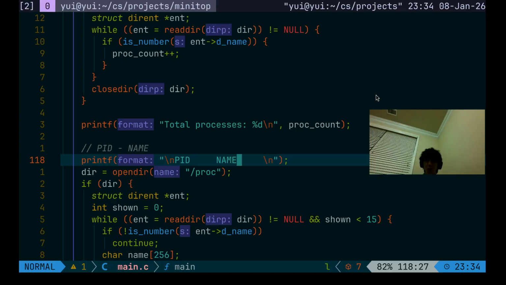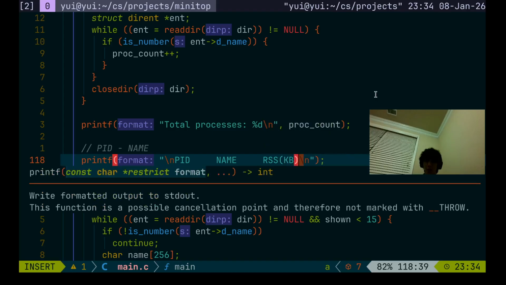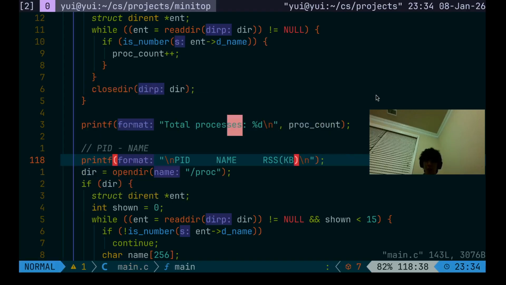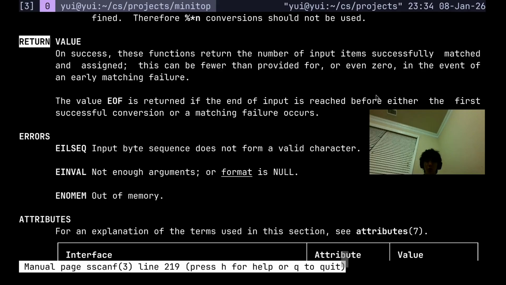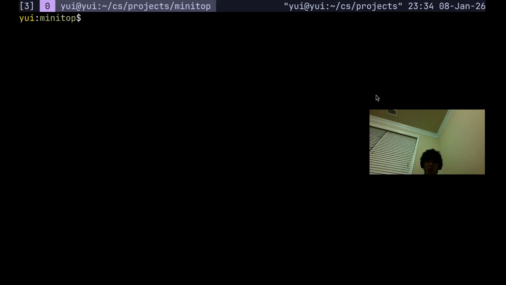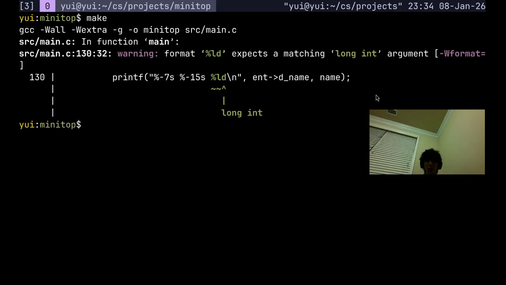Wait. 1, 2, 3, 4, 5. This, I'm going to write it here, RSS with kilobytes. And let's save what we changed. Now let's run again. Make, oops. It's a long digit, so